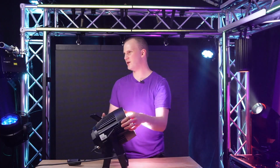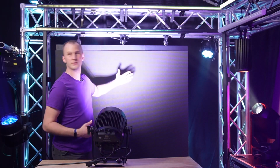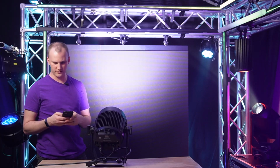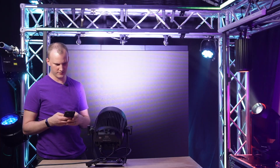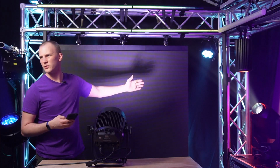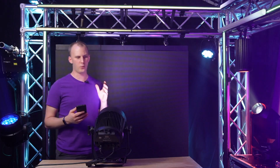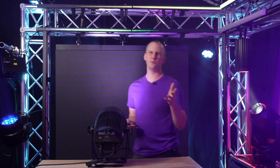If we look at it on a surface, such as this LED wall, we can see it's a really pretty nice white in terms of overall appearance, okay? If I go ahead and find, off the top of my head, the dimmer, we can pull that down. You can see it's really a pretty nice white. And so that's the first thing about this par, and not really about Zoom pars, but about lime pars,